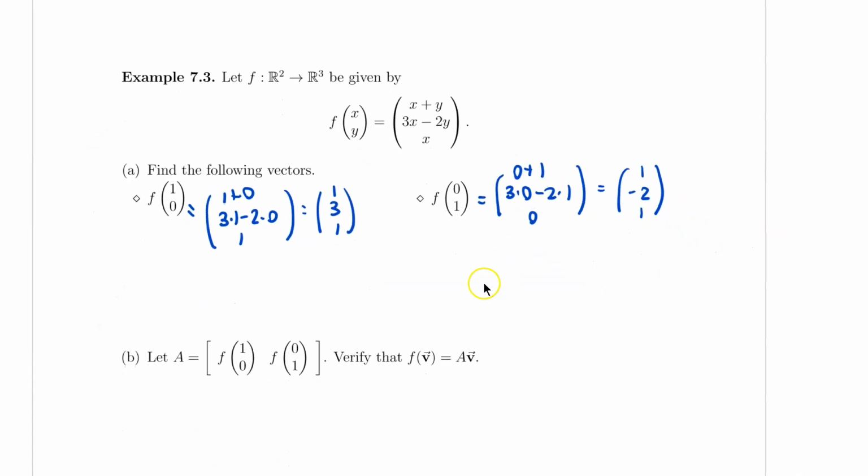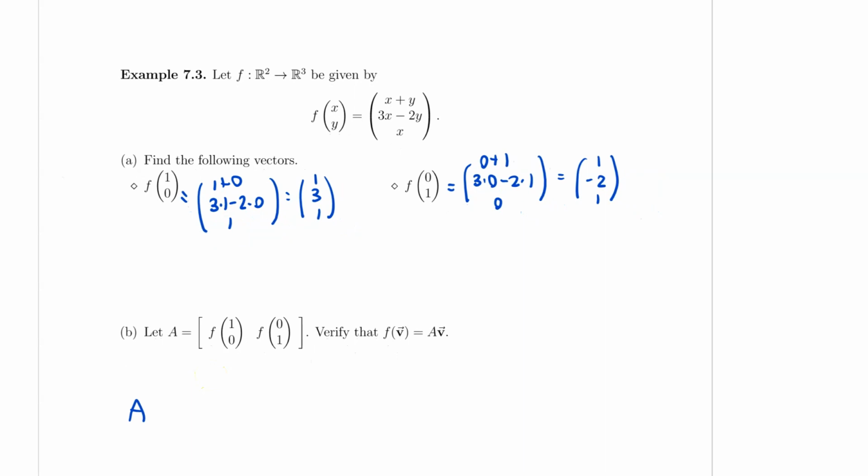Now then, to find matrix A, I'm just going to put these two vectors next to each other and call it a matrix. So my matrix A is just going to be 1, 3, 1, and then 1, negative 2. Wait a minute, the last one, this has to be 0. So it should be 1, negative 2, and then 0. Yeah, so my function f that we have from earlier is actually just the same as